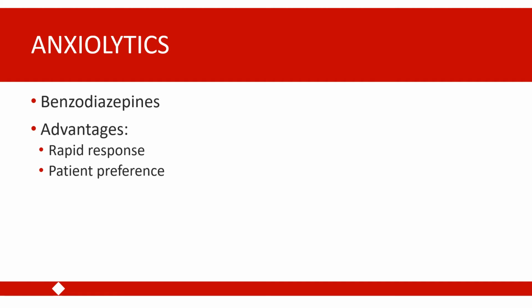These benzodiazepines have a number of advantages. So one is that individuals respond to them very quickly. So many of them have an onset within 15 to 30 minutes of taking the medication. They result in a very drastic and noticeable decrease in symptoms of anxiety. So because of this very rapid, clear anxiolytic effect, patients tend to have a strong preference for benzodiazepines. So they find them very effective and they experience a really effective reduction in their symptoms of anxiety.